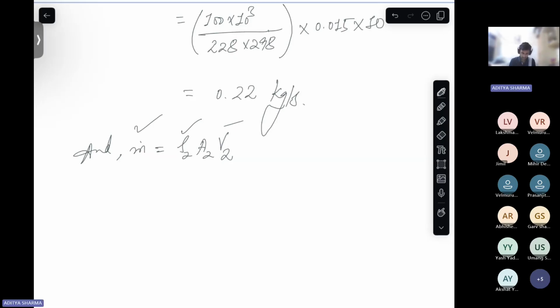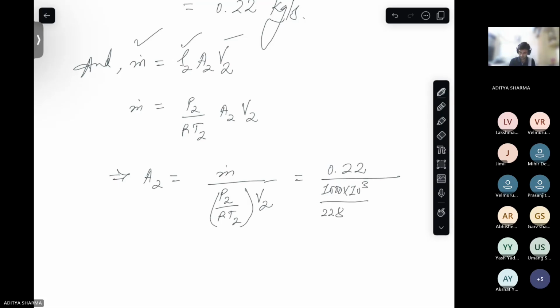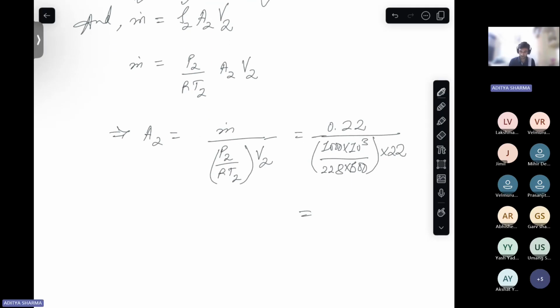So then it is P2 by RT2, A2 V2, which implies this. If you solve this,